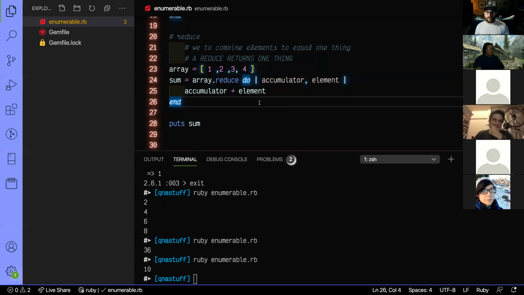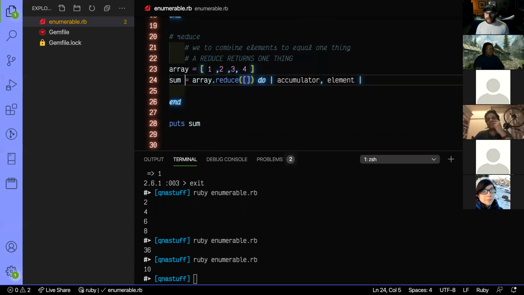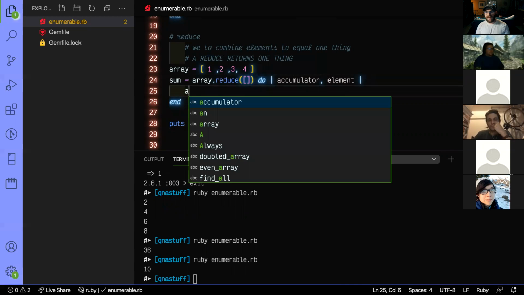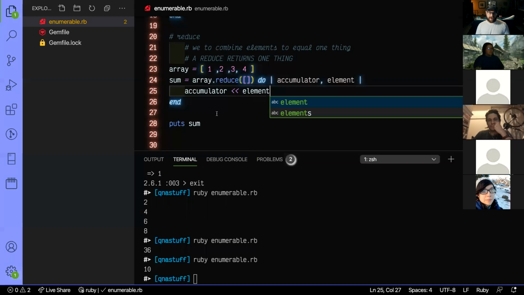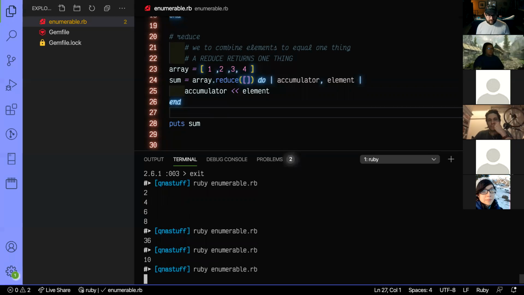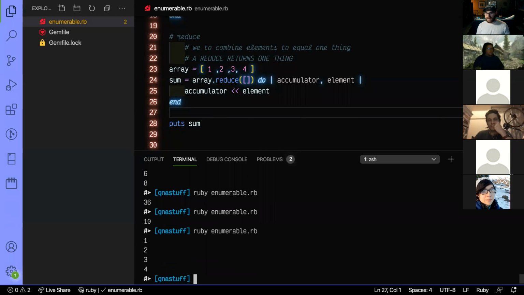So it reduces all elements of an array to a single variable. Exactly. Now, if you ever see reduce being used another way, you can initialize it with something like that. So you don't stress too much about this right now, but you will see it initialized with a non-zero value. For example, this is an empty array, and that's the default value for the accumulator. You could do something like accumulator and push in the element. And then now you just get the array back. Let's see if I messed it up. Oh yeah, I didn't mess it up. So if that blew your mind,